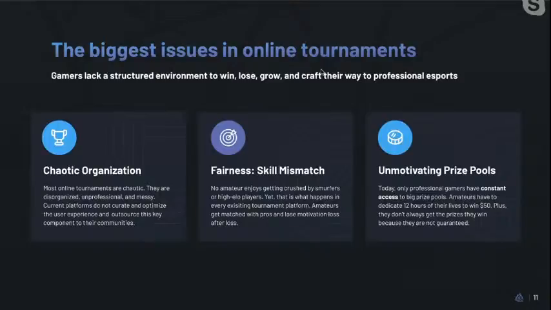So first about cheating, you may know that there's a lot of cheating happening in games, both from automated sources such as bots, and also from behavioral sources such as people playing in the place of someone else. And so that's a very frustrating experience, especially when you're trying to play in a tournament with high stakes, especially cash or money stakes. So that was one of the big issues we found.